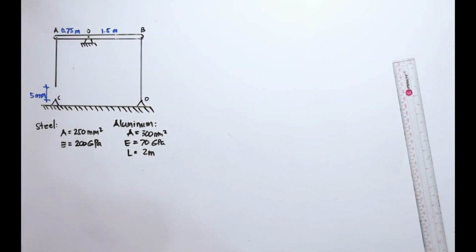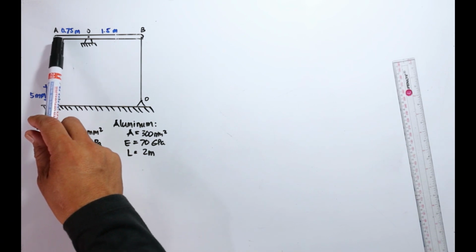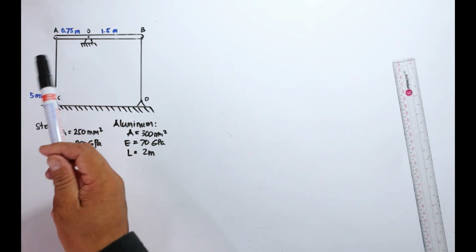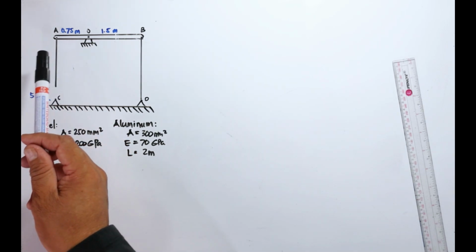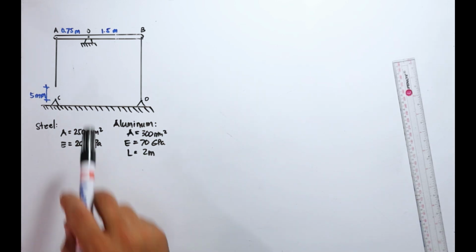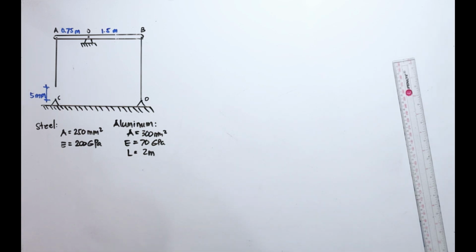Okay, so we have here the figure. This is, according to the problem, the light rigid bar AB. So that means we are going to neglect its weight. Rigid meaning it will not deform, so it will not bend, it will not elongate, and it will not contract. So it's rigid. But it is pinned at O, so it is free to rotate about point O.